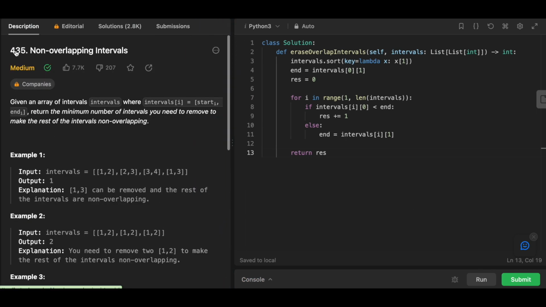This was, once again, 435, Non-overlapping Intervals. The time is O of n log n because we are sorting. And then the space, let's see, we're sorting these in place. We're having some variables to hold constants, so space is O of